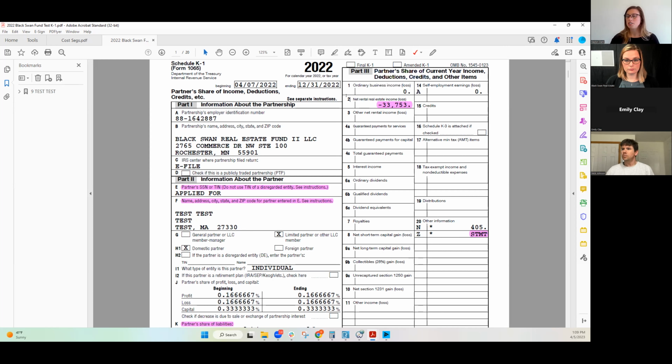Most of the time, you'll just have amounts here in box 2, and you'll see that's where your losses are flowing through. I know we won't dive into it too much, but there are some passive activity loss rules, right? So if you're a real estate professional, this can offset your ordinary income. However, if you are a passive investor and you are subject to passive loss rules, this may be locked up, but that's not a problem because it's just locked up and you'll use it in future years when you have